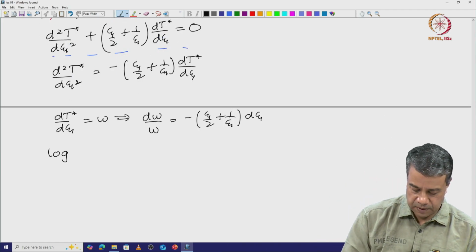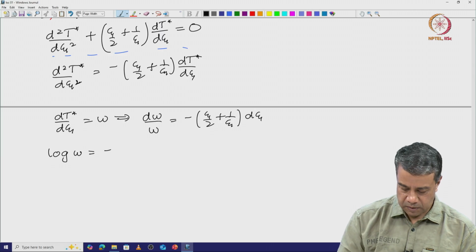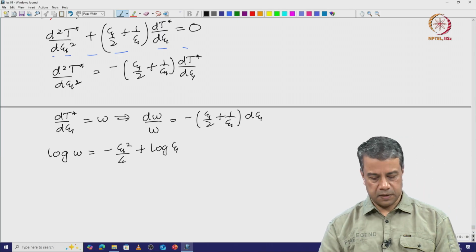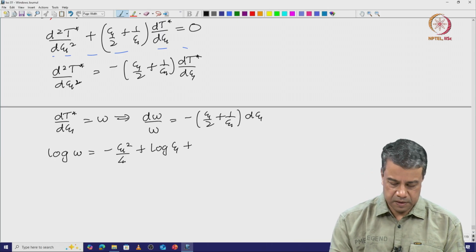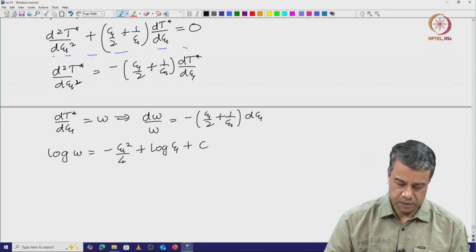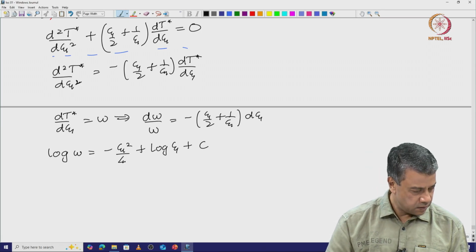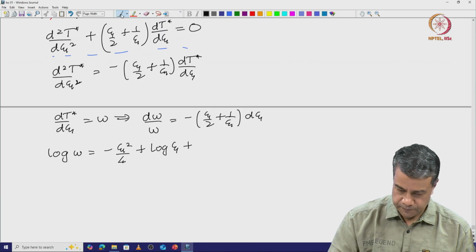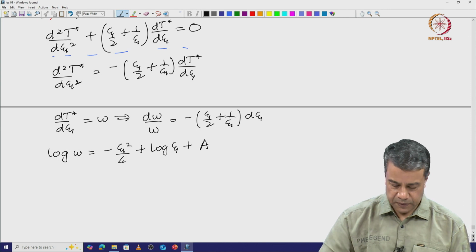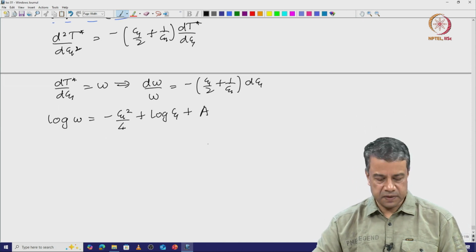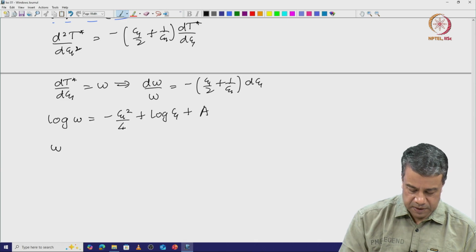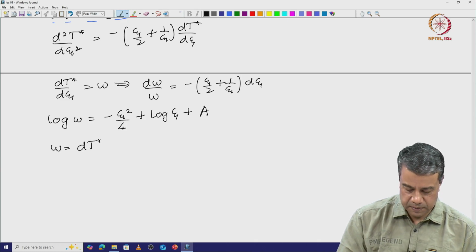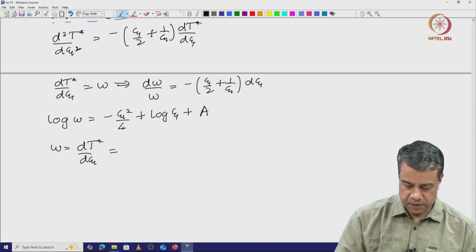Solution: natural log of w is equal to minus psi square by 4 plus natural log of psi, plus a constant c, or let me call this as a. Taking the exponential of this equation, on the left side I will just get w, which is dt star by d psi, is equal to,